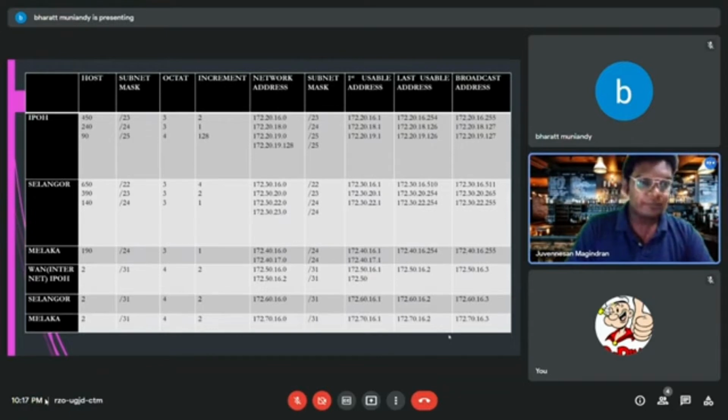So now we go for the internet EPO. The host we use for the three states is 2. For the subnet mask, all three answers will be 31, because the subnet host is near the number 2. Now the octet is always the same, number 4, and the increment is also the same, number 2. So now the network address for the EPO is 172.50.16.0,